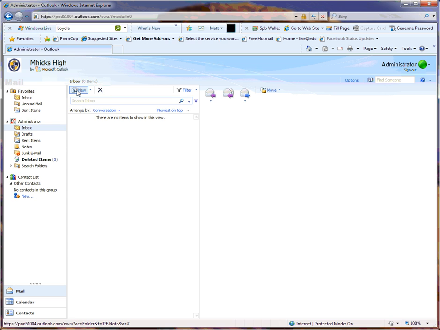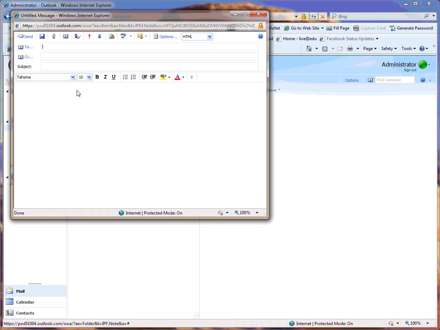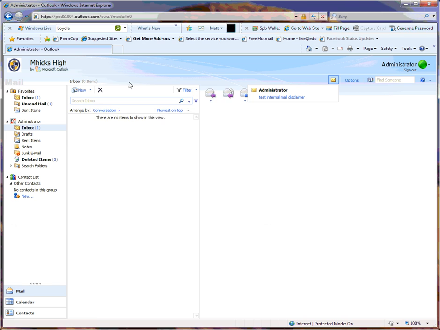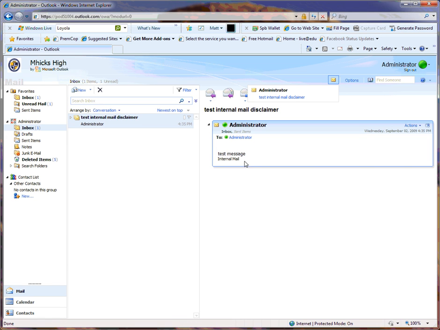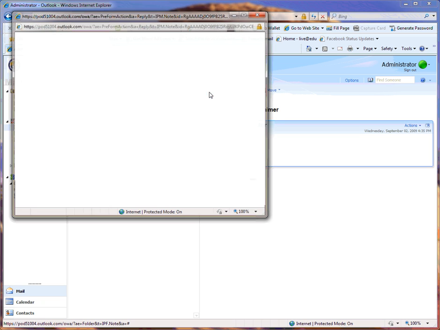Alright, so now I'm going to click New, and I'm going to send myself a message. Administrator, and we'll do test internal mail disclaimer. Alright, and so now we'll do test message, and I'm going to click Send. Okay, and so now I've clicked this, and here you can see that indeed in my preview pane I do have the disclaimer that we added. Alright, let's see if this works. So now I'm going to click Reply on this